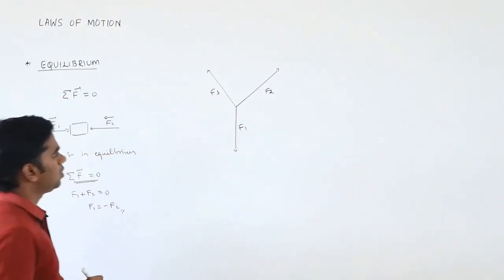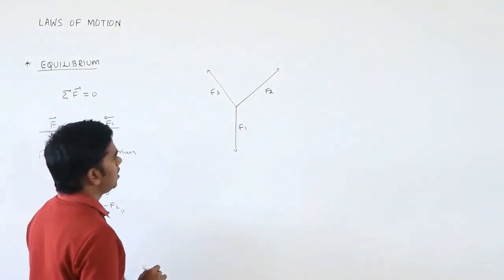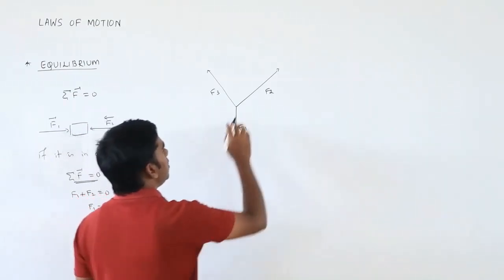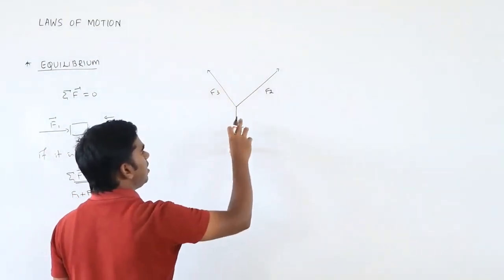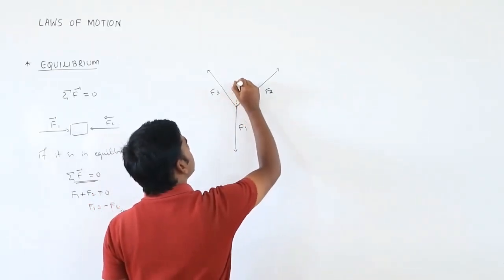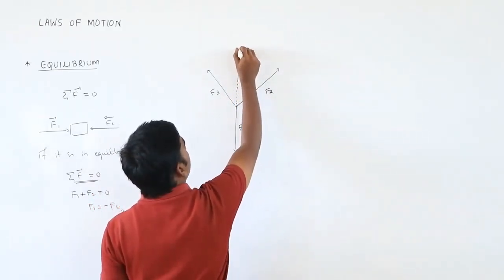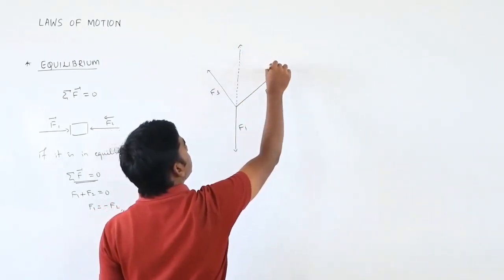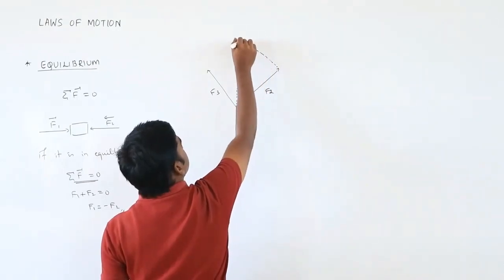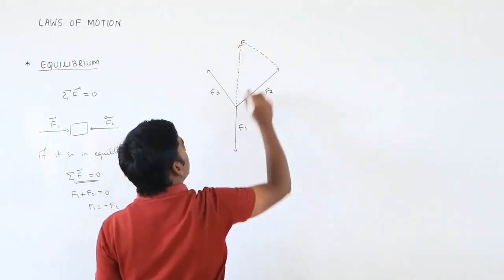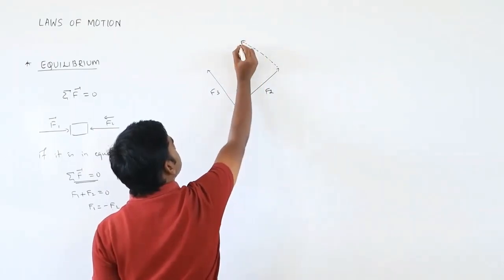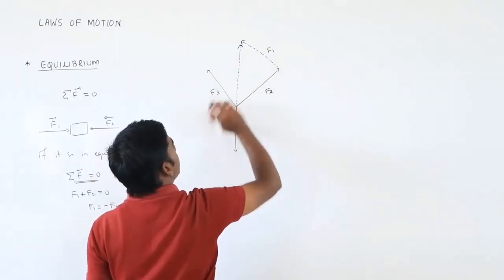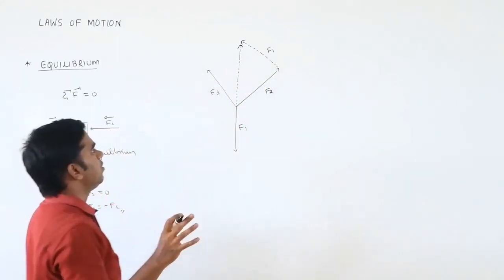Now if this is the case, what is the vector sum of these three? How can we find the sum of these three? You have to take the resultant of these two, because I want something over here. So how can we get this? From your parallelogram you can draw over here. This is going to be a vector, from tail to head, and this is the resultant. So if this is F2, this is F1. I am just applying the triangle or parallelogram law.